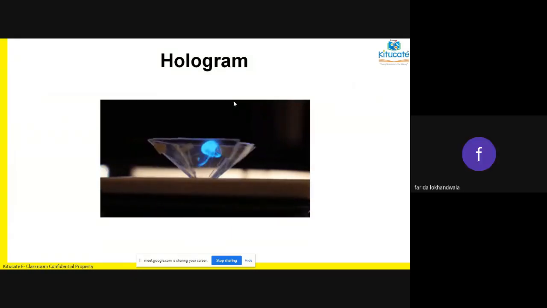You can definitely make a hologram at home. I will share with you on our page one very nice way of doing it. You can do it if you have a thick plastic. You can definitely create it. I will send you the steps. You can copy it that way, and you can make it.